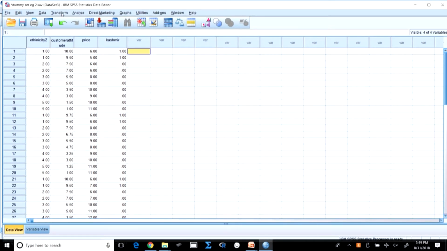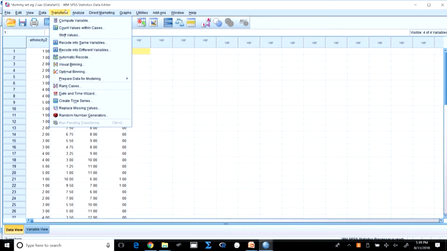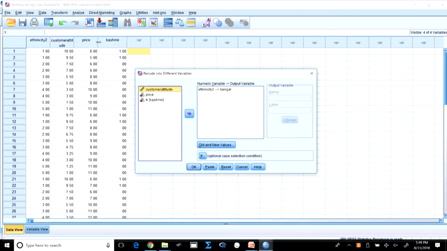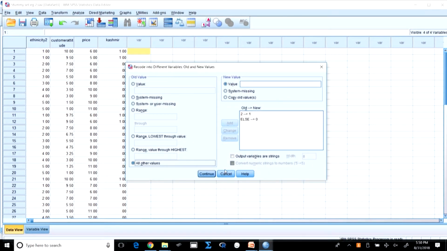Now, let us do it for the others. Transform, recode. We have taken already Bengal, which I have given B, and then I will go to the values. The old value for Bengal was 2, right.